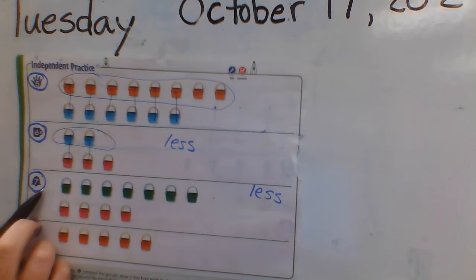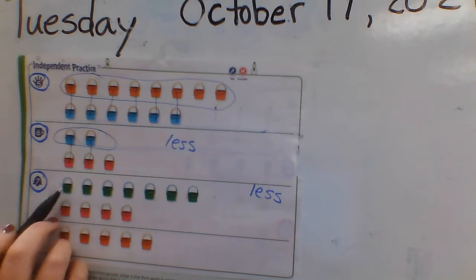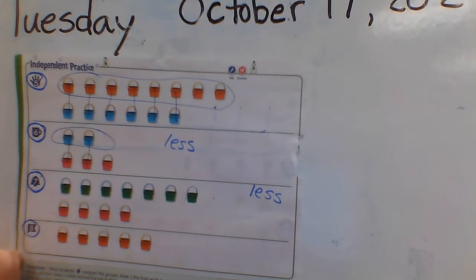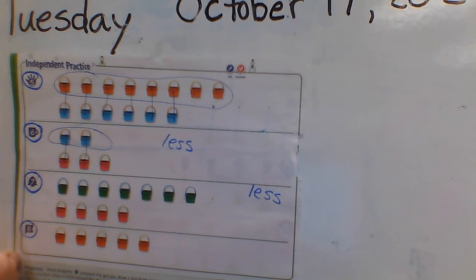Now let's look at number 7. Number 7, there are green buckets and red buckets. We're going to do the same. They want us to pair them up, match them, and then circle the group that is less, the smallest amount,